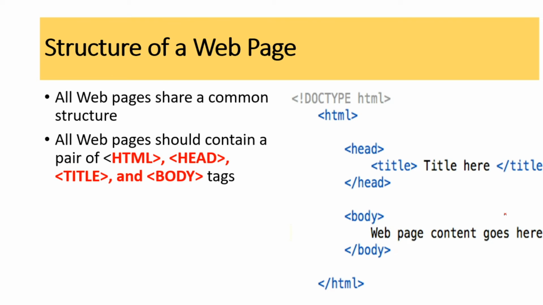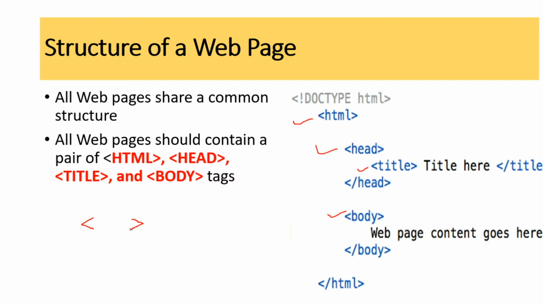So this is the complete structure of the web page, which is going to have a common structure. The first line is your document type, HTML, and it is going to hold 4 important components: HTML, head, title, and then the body. So these are the 4 important components which your HTML is going to carry. Followed by HTML, this is the tag. The tag is going to be the executing command. It will be kept in between the less than symbol and the greater than symbol.